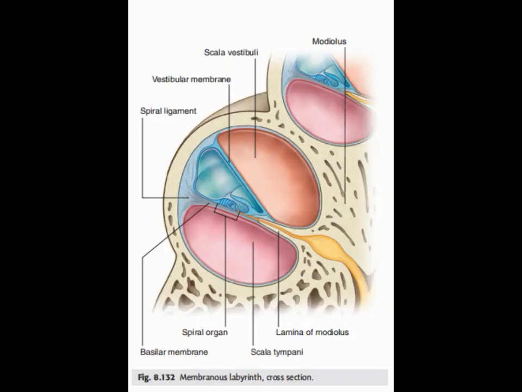Organ of hearing. Cochlear duct. The cochlear duct has a central position in the cochlea of the bony labyrinth, dividing it into two canals, the scala vestibuli and the scala tympani. It is maintained in this position by being attached centrally to the lamina of the modiolus, which is a thin lamina of bone extending from the modiolus, the central bony core of the cochlea, and peripherally to the outer wall